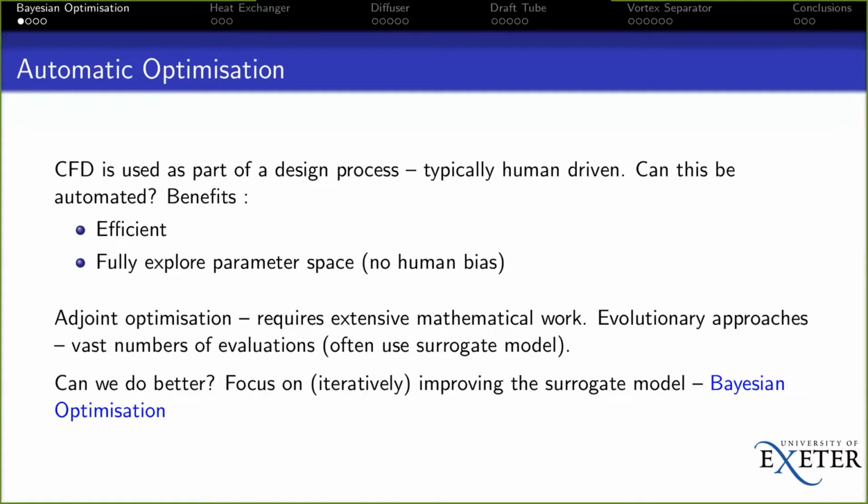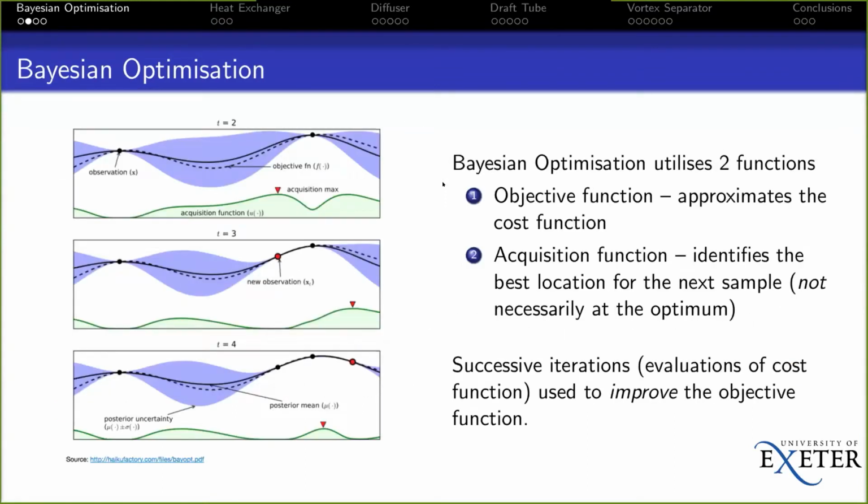And this is basically what the Bayesian optimization process looks like. We're going to start with a surrogate model using a process called kriging, or Gaussian process emulation, and then iteratively we're going to improve the quality of that surrogate model, particularly focusing in those areas of parameter space which we're particularly interested in. So here's a cartoon I stole from somewhere online,